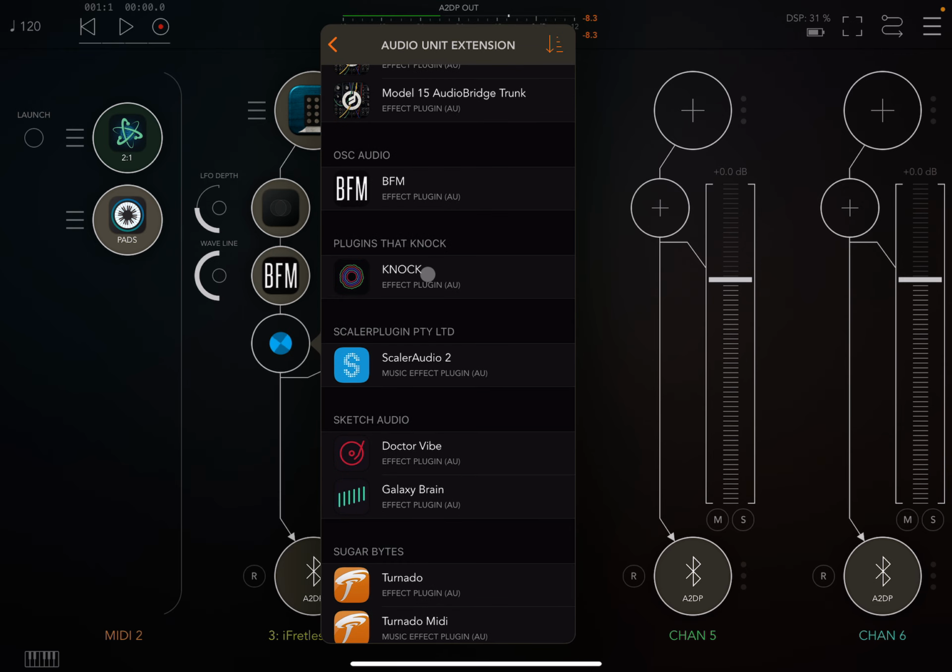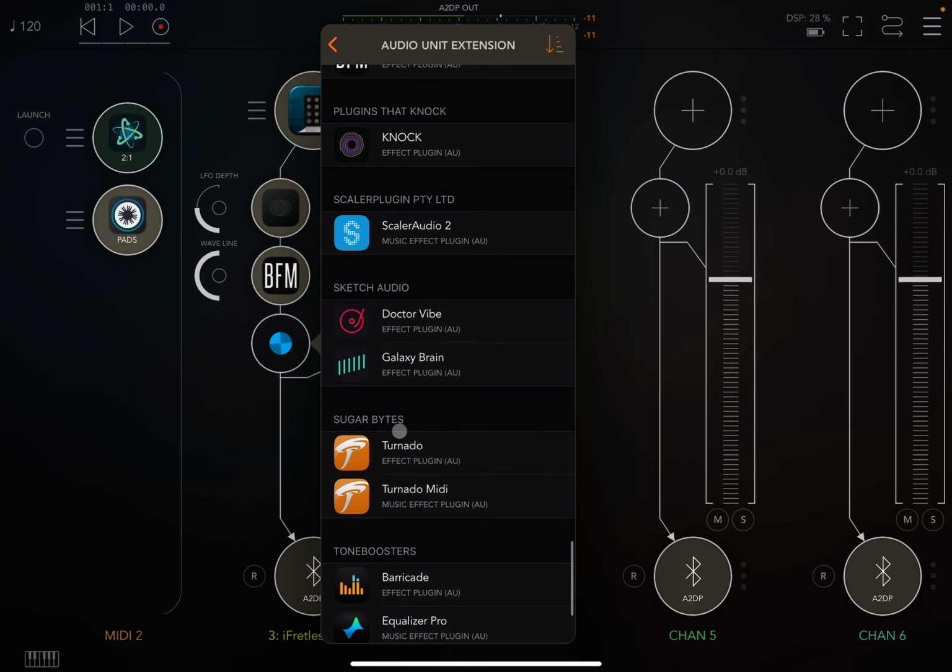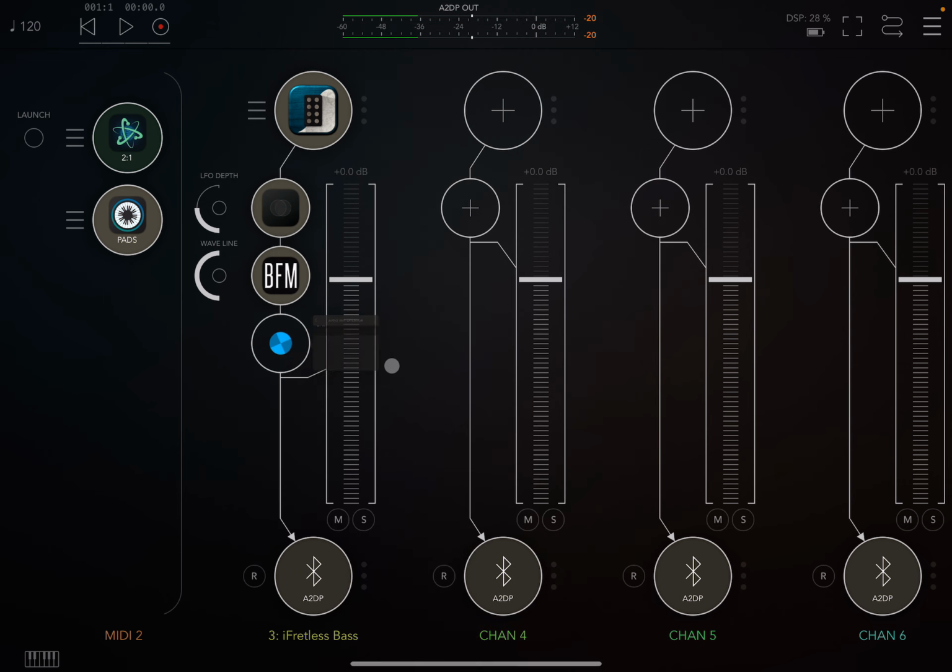Knock is nice if you need that extra punch for your drums. I think it's one of the best out there. Course Scaler 2, we'll skip over that. Dr. Vibe is like having your SP effects, like your 303, 202 effects for whatever you want to put them on. Galaxy Brain